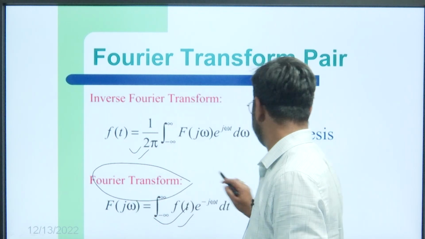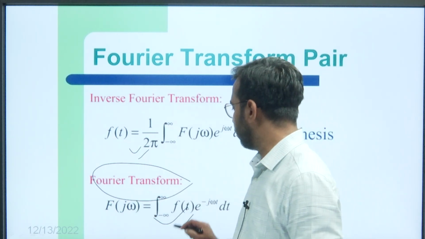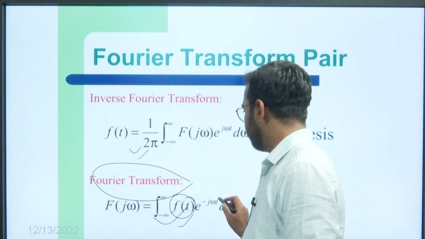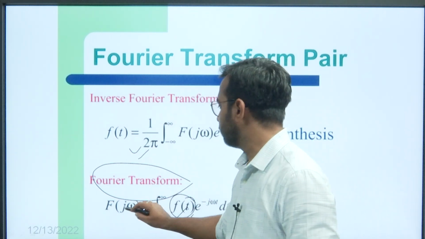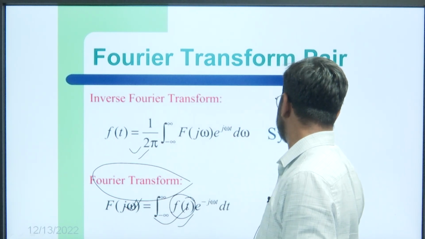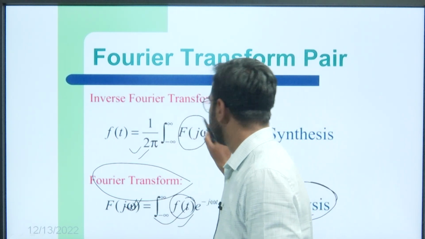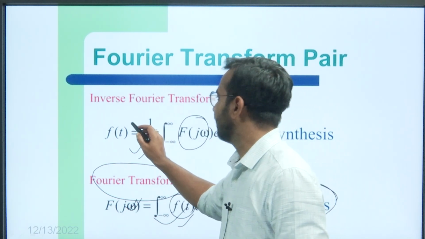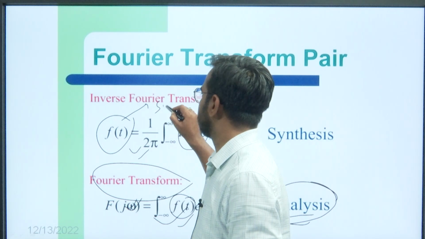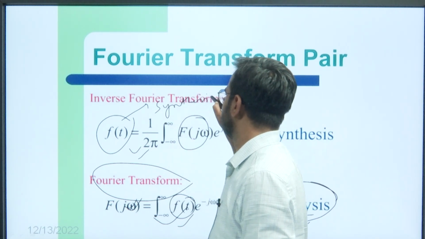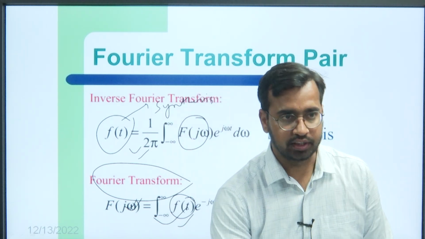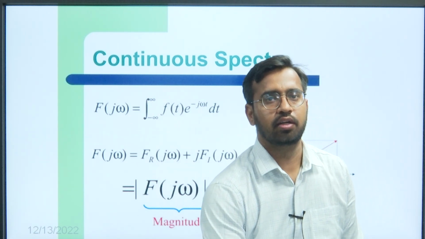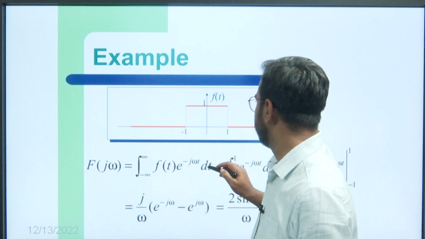This is the Fourier transform, that is called analysis. When we have the input and the system, the network, we know the function and we know the input, then we can find F(j omega); that is called analysis. And when we know the input and we know the output, and we are required to find the network, that is called synthesis. Next, this is again a continuous spectrum, and this example is basically: